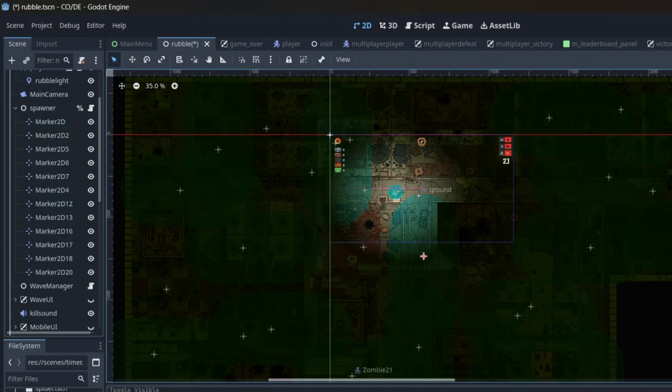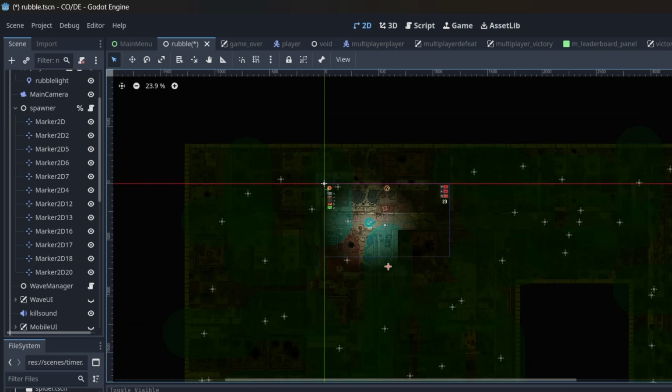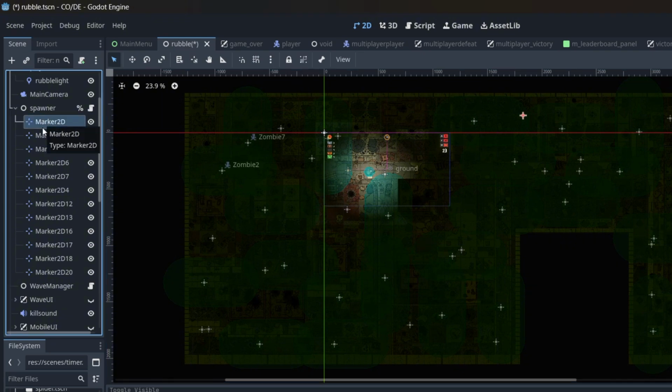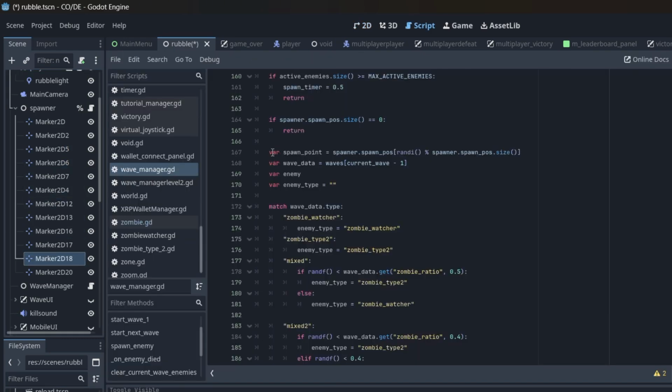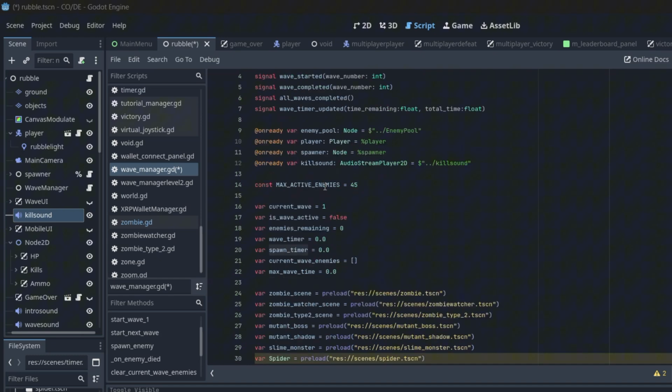I handled enemy spawning in the Code game a bit differently. All Marker2D nodes were grouped under a node spawner and enemies were spawned randomly on random Marker2D positions in the level scene using the randi function. I used a wave manager to handle enemy spawning because it was all about timing, and I used enemy pooling,